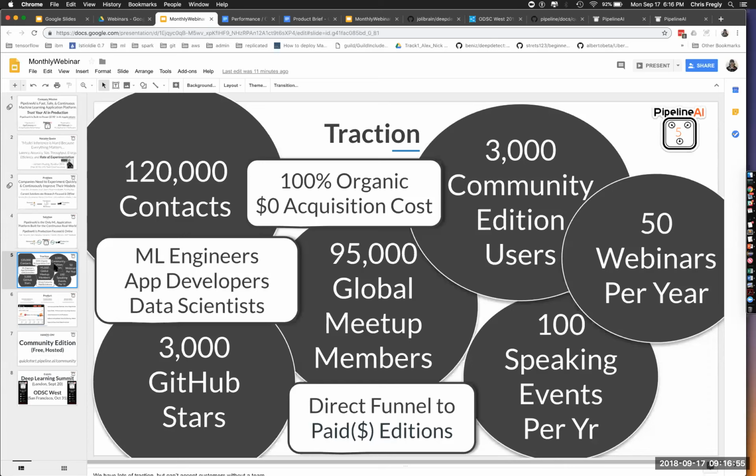And also, we're approaching about 100,000 for the global meetup, which some of you probably found this through. And the cool thing about these contacts, there's power in these numbers, and we get a lot of feedback from these folks. It's pretty much a third ML engineers, a third application developers, and a third data scientists as their day-to-day job. And that's exactly the split that we were hoping for, because the platform is really meant for all 3 types of these engineers and scientists. So some good stuff that's coming here.